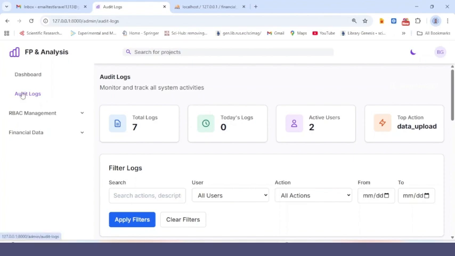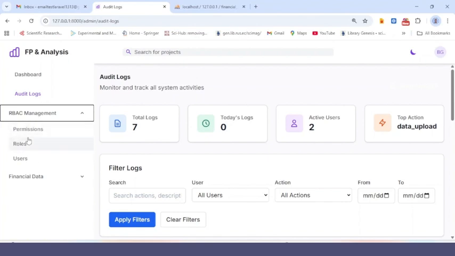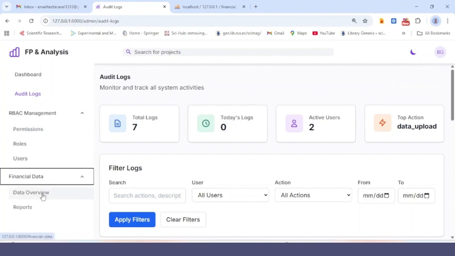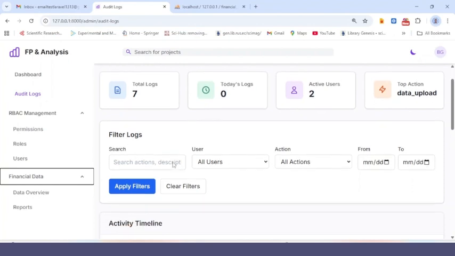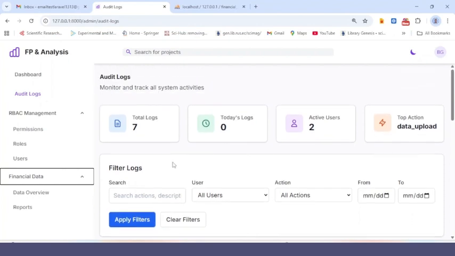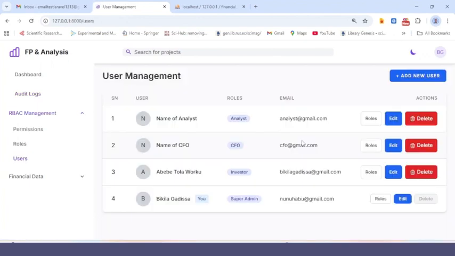Here is the dashboard, and the audit log. Here are the role-based control management links, where we can create permissions, roles and users. Here is the financial data overview and reports. Since I made this one for admin, I gave all permissions to this admin so that he can do the first phase of these activities. So the first thing is, let us create one user